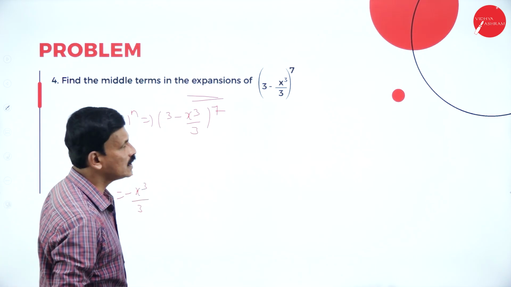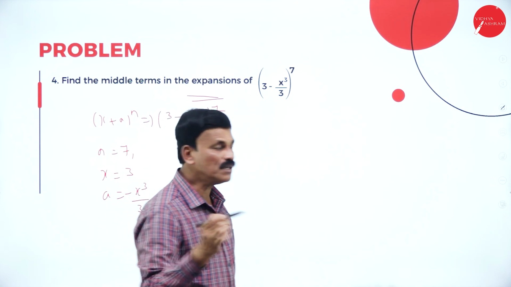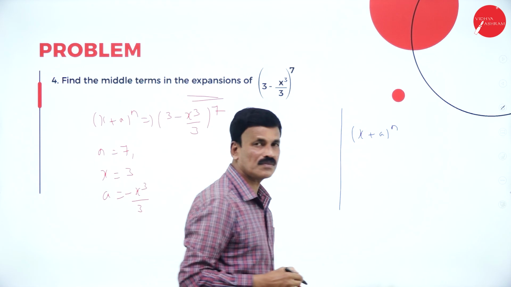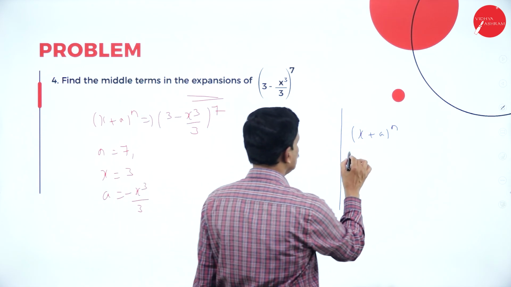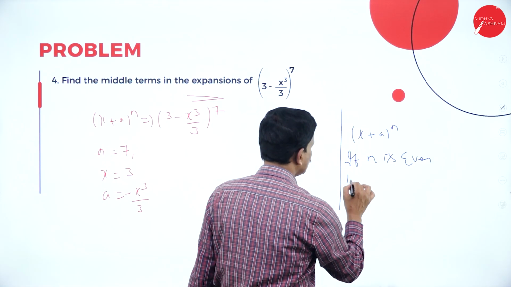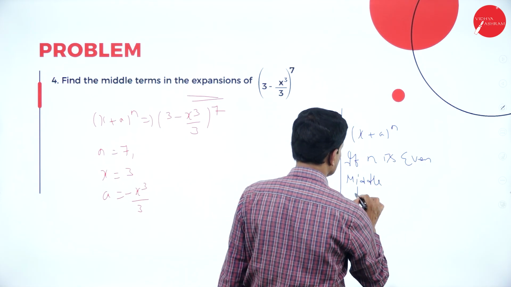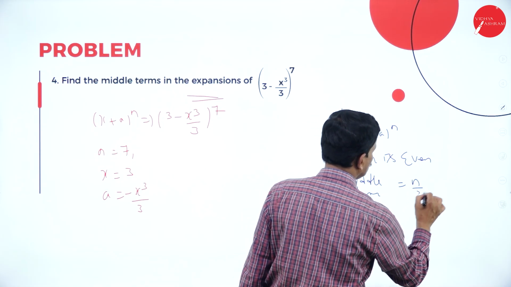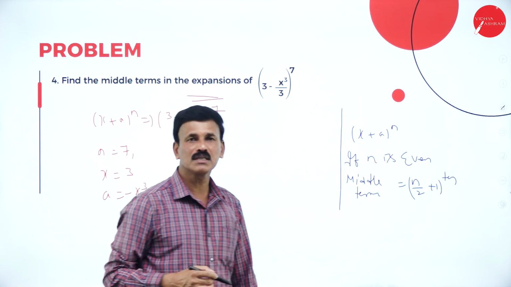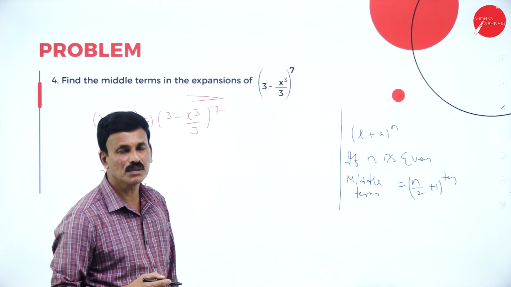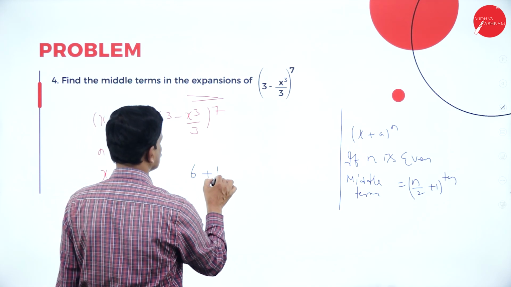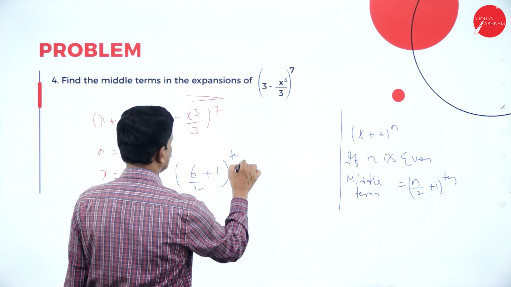Now, to find the middle term, if the expansion is of the form (x plus a) to the power of n, if n is even, then n by 2 plus 1th term is the middle term. Suppose n is, say, 6, then 6 by 2 plus 1, that is nothing but 3 plus 1,